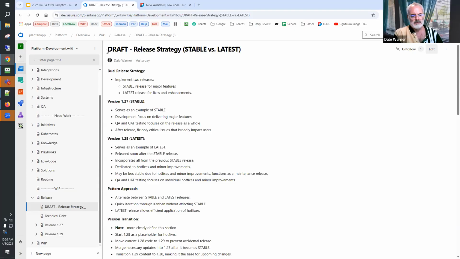And then we're going to immediately go to version 128 as well, and we're going to call that latest. And latest will be the same as 127, except for any hotfixes that are going to come there. So this gives you the opportunity, if you value stability, you'll stay on 127.